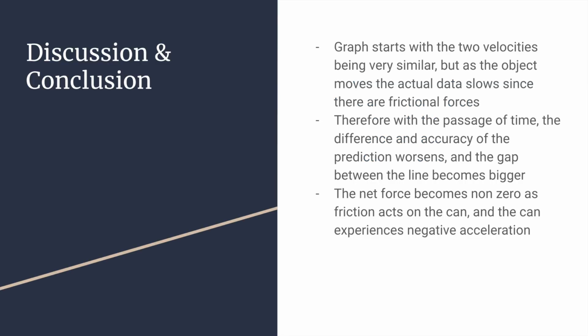For the discussion and conclusion, the graph starts with the two velocities being very similar, but as the object moves, the actual data slows down since there are frictional forces. Therefore, with the passage of time, the difference in accuracy of the prediction worsens, and the gap between the lines becomes bigger. The net force becomes non-zero as the friction acts on the can, and